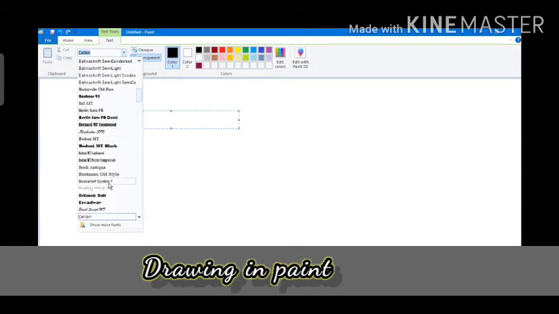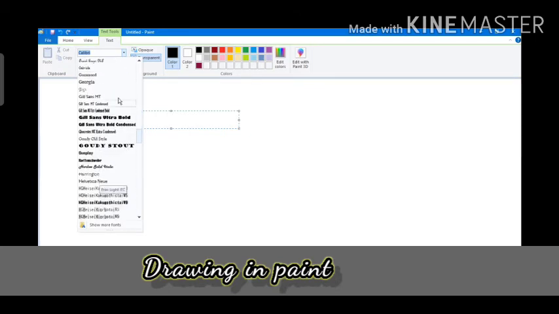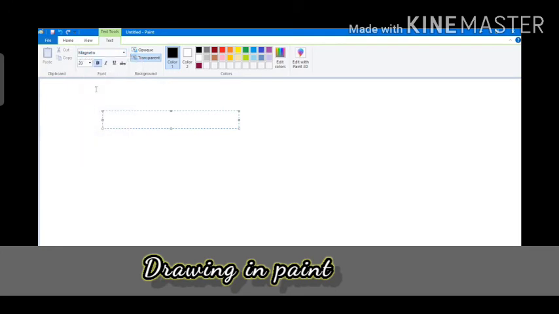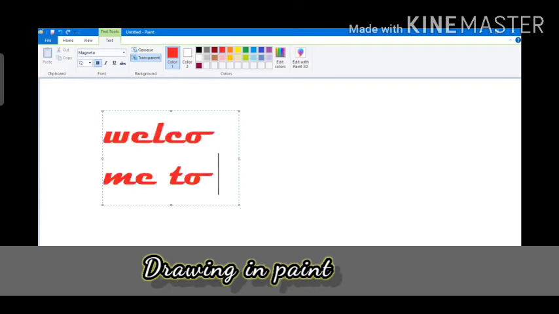Let me select first of all the font style. Okay, I will be selecting Lucida Handwriting, or this Magneto. So whichever font style you want to select, whatever size you want to select, you can select it, and then whichever color you want to write with, you can select that particular color, bold, italic, underline, that you can select, and after that you have to write welcome to school, like this.